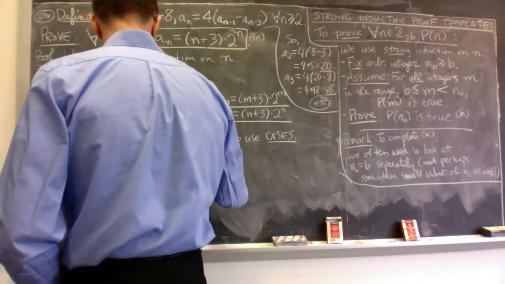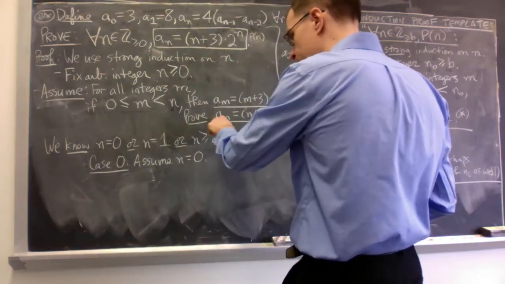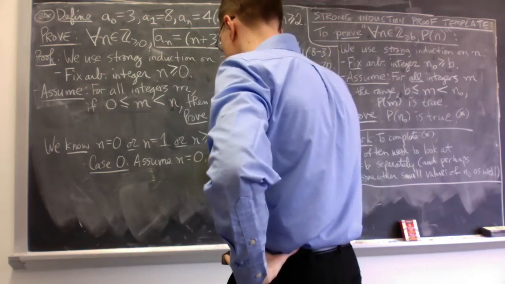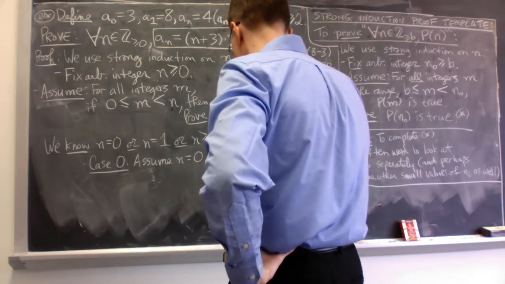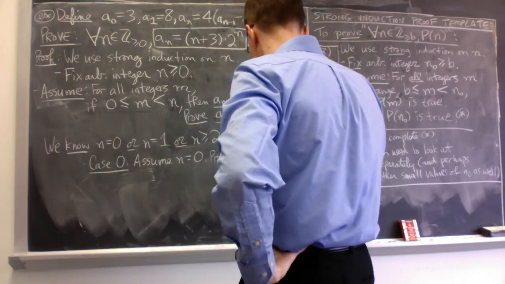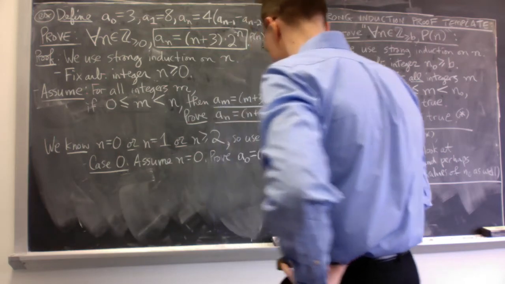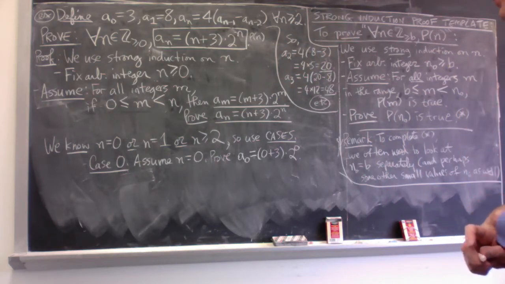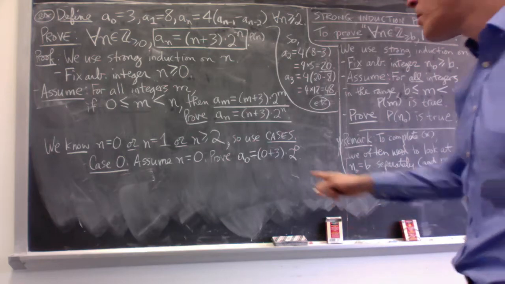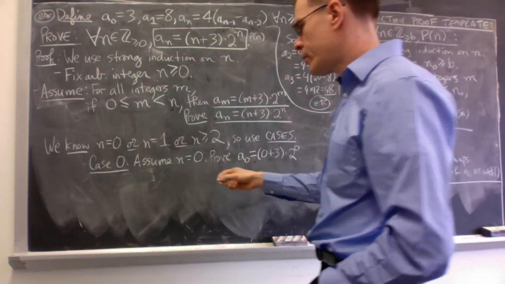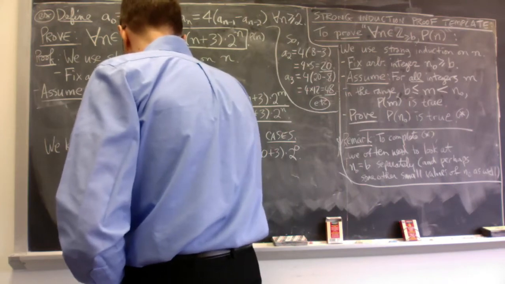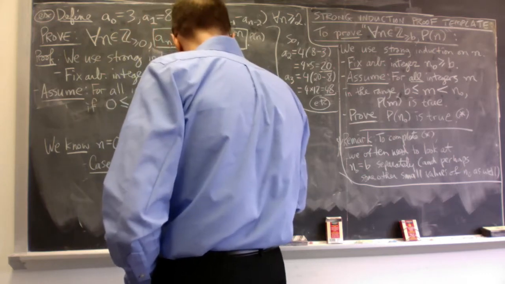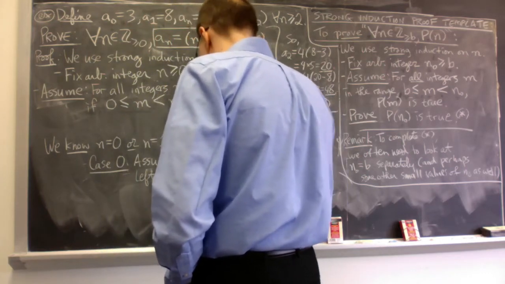In case 0, let's assume n equals 0. And this is still the goal in all the cases. I'm trying to prove this instance of the formula. And then here, the instance I need is that a0 is 0 plus 3 times 2 to the 0, substituting 0 for n everywhere it appears. Okay? And how do we do that? Like other base cases in the past, we can calculate both sides, see if they're equal. Left side, a0 is 3 by definition. The right side,